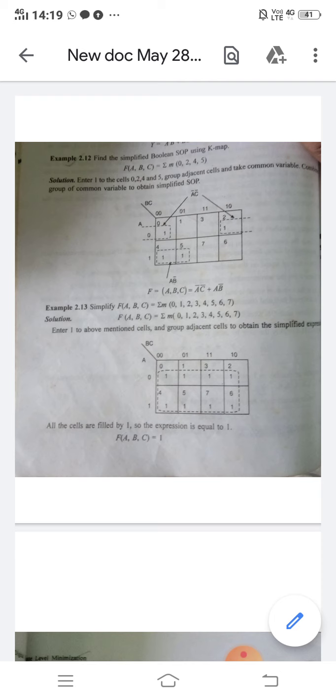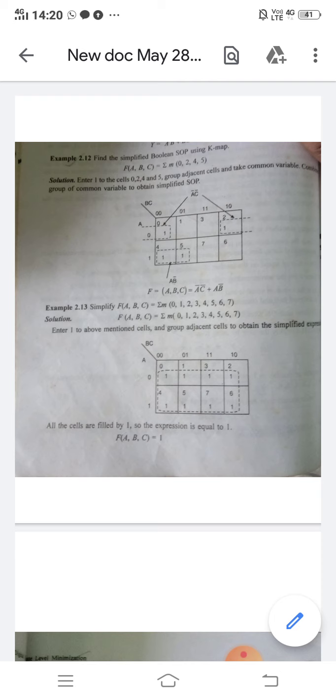Afterward, as I told yesterday how to make groups, make the group of adjacent ones. Here you can see the corners, we can make one group. Similarly, horizontally we can make another group in the last row. In the corners, what is common? 0 is common. 0 is for variable A, so it will be A bar. It is a product. Similarly in the columns, what is common? 0, 0, 1, 0. Among this, 0 is common. It is for C, so the answer will be C bar. So the whole answer of this group is A bar C bar.